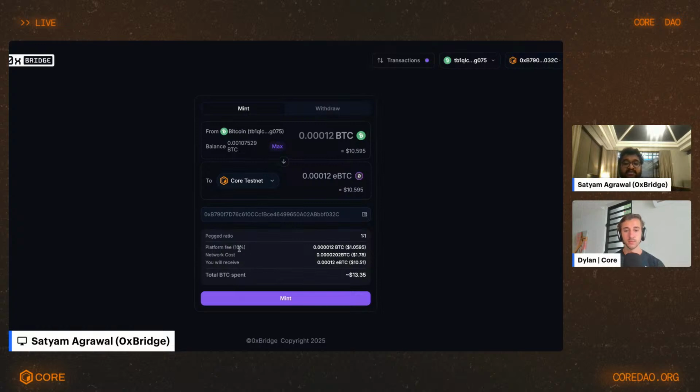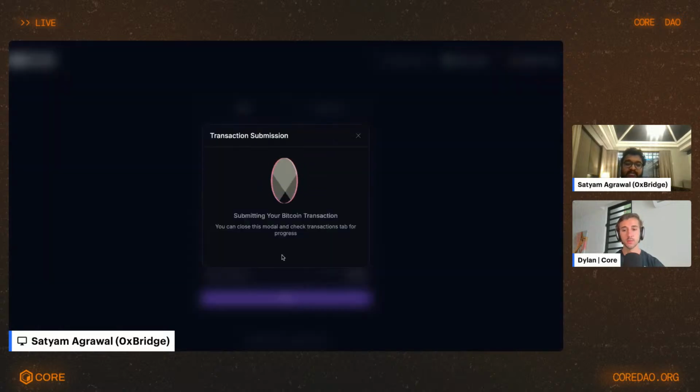Why we have done this 10% is, first of all, not specifically for the user itself, but it's more of a technological limitation within the BTC testnet ecosystem. If you provide a small fee or a small UTXO movement, it becomes dust and the transaction fails. So that's why we make it 10% here, because it's very hard to get testnet BTCs. We have to use them in a very safe manner so we can reuse them as much as possible. So if you hit mint, it will ask for the transaction submission,